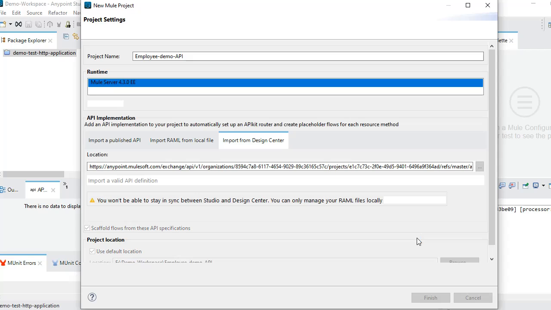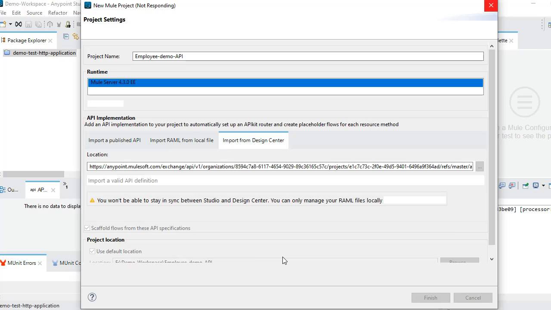What it will do is import the RAML into your Studio, and then by default it will generate API kit flows for your RAML. This is another way in Mule 4 in Anypoint Studio 7. Earlier, to generate these flows, we needed to manually import this RAML into our Studio, and then right click on it and generate API kit flows. That is how we did it in Anypoint 6. In Anypoint Studio 7, this is one advantage.